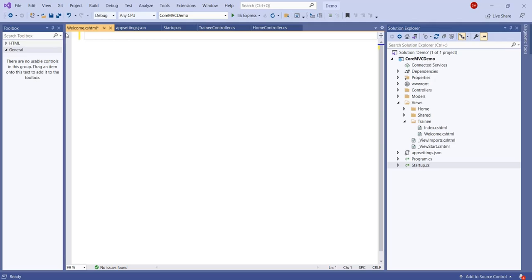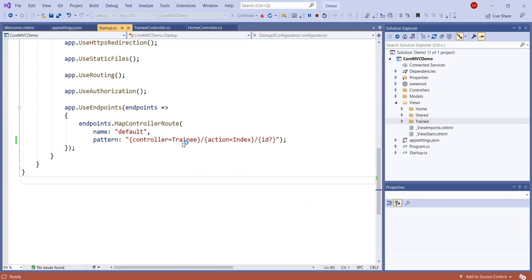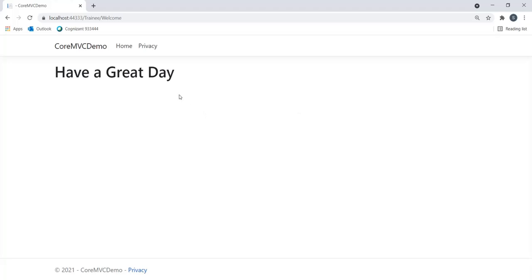Delete the default contents and add one heading there: have a great day. Now run this application. As per the specification, I will get the home trainee controller's index action method, and slash trainee slash welcome gives a very good output.